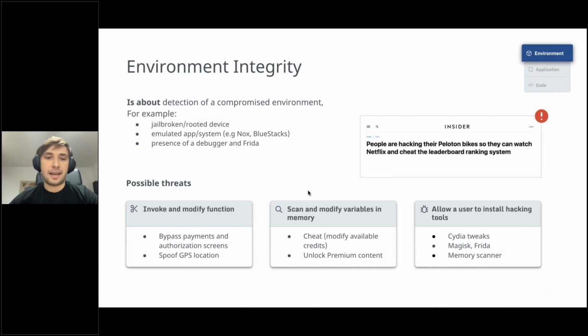I was actually able to hack those apps because the system was compromised, and protecting against a compromised environment is called environment integrity. Here, we check if the device is jailbroken, rooted, or if an app is running inside a simulator, or maybe the whole system is running inside a simulator. It also has a lot of possible threats, like we can invoke any function, as we just showed you,